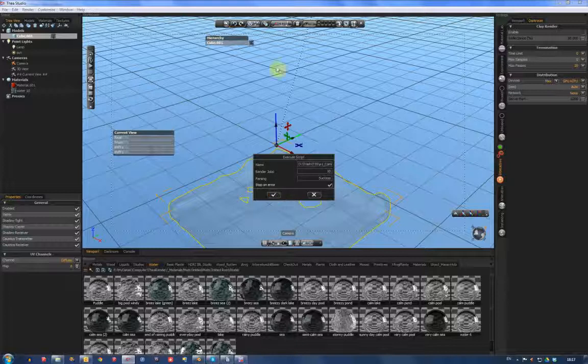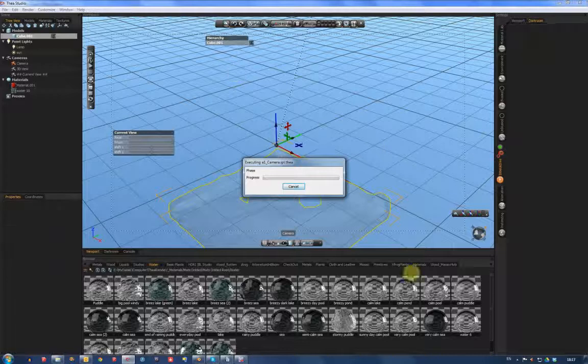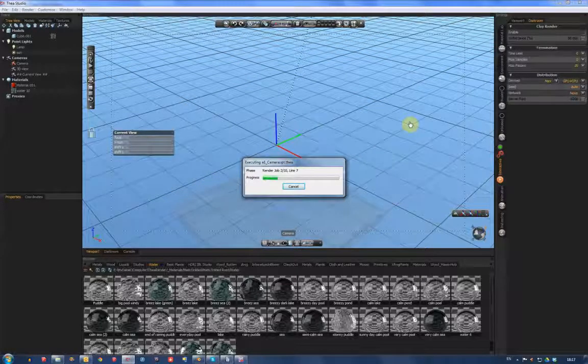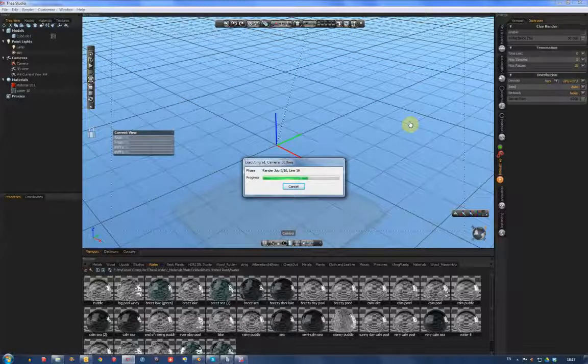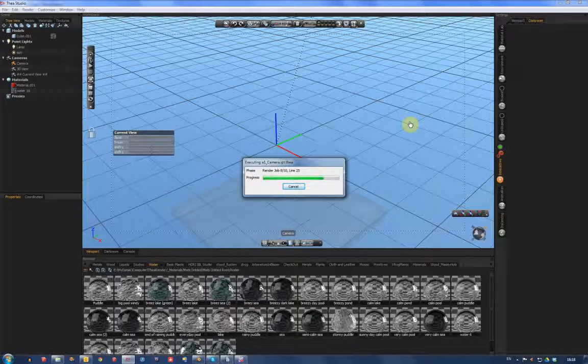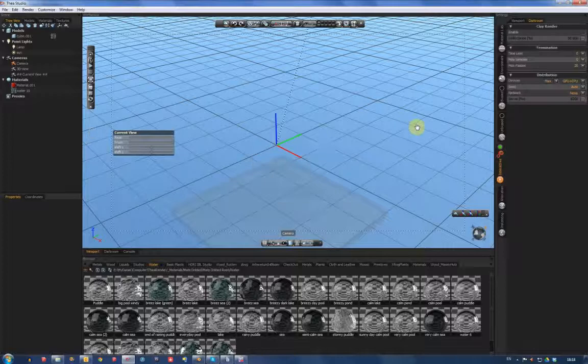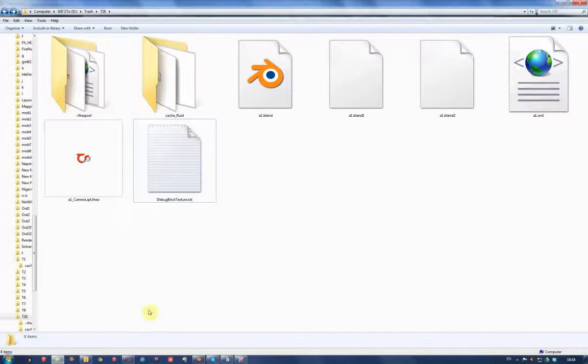Ideally I should have switched over to Darkroom before I read that in, because it won't let me do it now, and I think you can track the progress a little bit easier. But let's give it a go. So you can see it's rendering the job. It's surprisingly quick really, but it's a very simple scene and very low resolution. And that's it. Now if we go over and look into this directory,